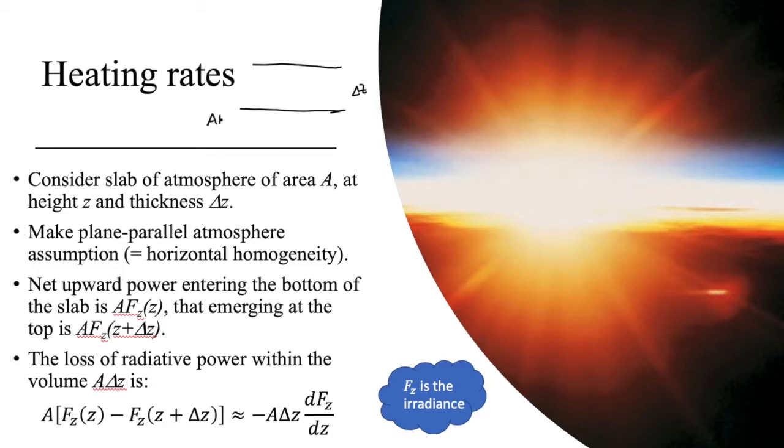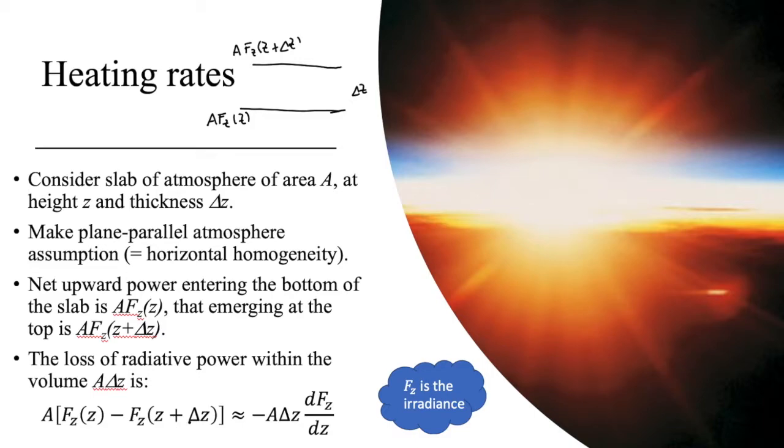And the power will be A F_z, where F_z is the net irradiance at the bottom, and A times F_z at z plus delta z is the net power at the second interface, okay? So the power that is lost within this layer is the difference of the net irradiances between the two, okay? So very simply, for delta Z very, very small,